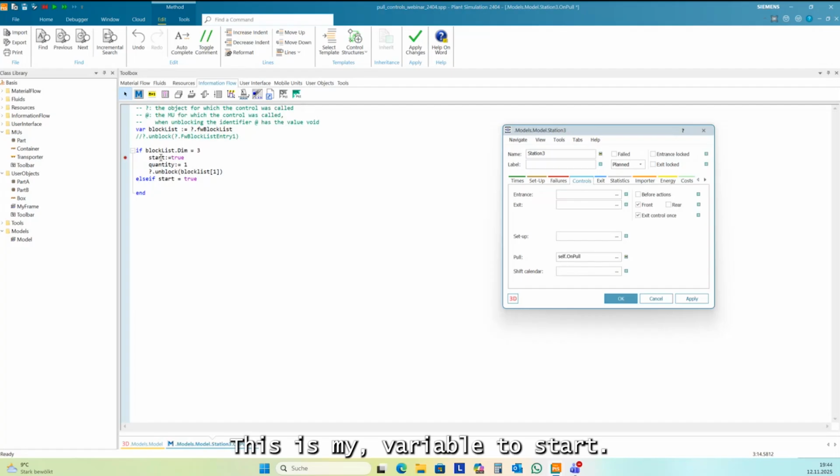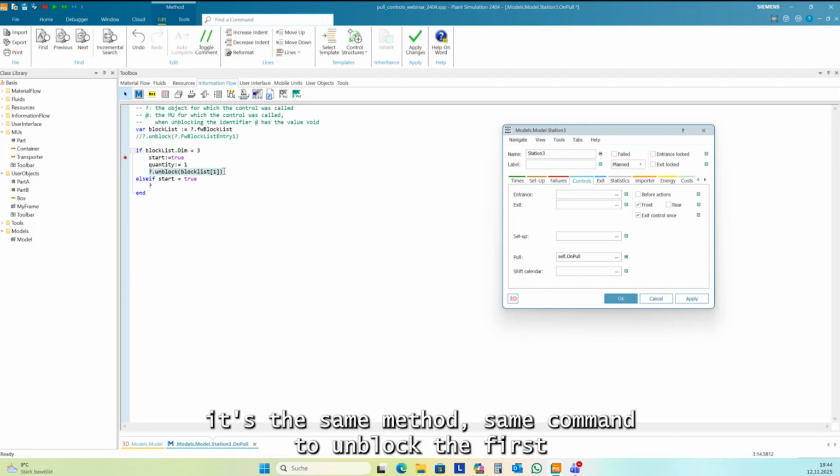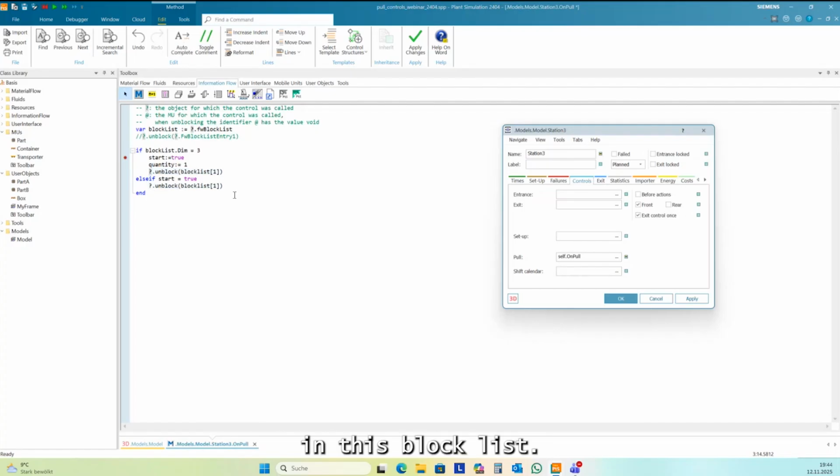This is my variable start. If this is true, then I unblock. It's the same method, same command here. I unblock the first in this block list. Increase my quantity.